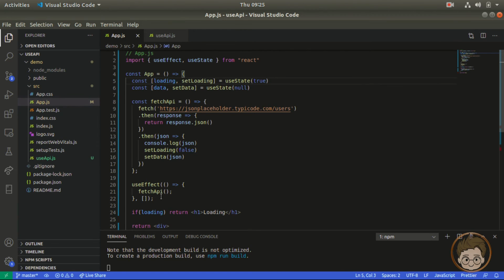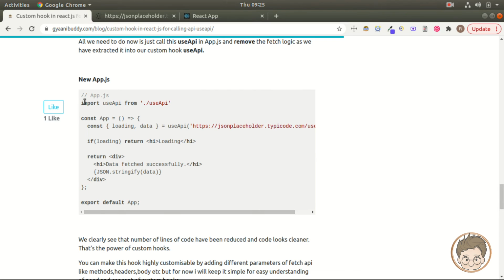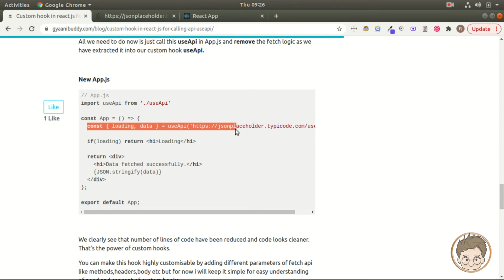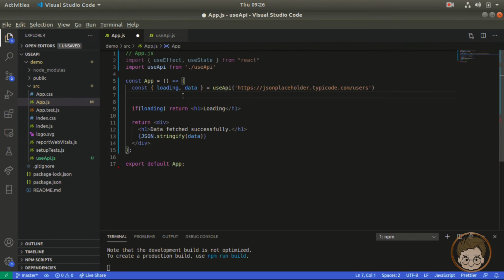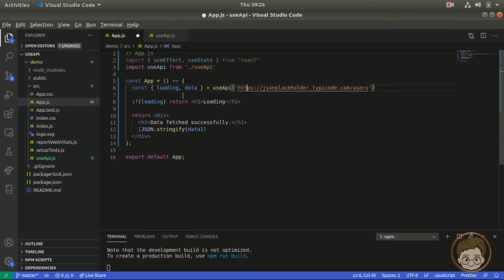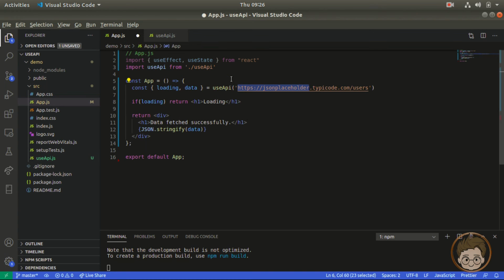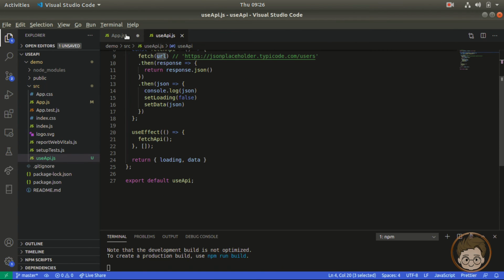What we will do is remove all this, right? Then you may wonder where this loading and data will come from. So now we will import it. This is the import. We'll just quickly copy it to save time. This is the import, and this is the API, right? This is the custom hook, and now we will call it over here. This is the custom hook import, and this is the way we use it. Why are we passing the URL over here? Just because we have passed the URL over there also, we have made it dynamic. All right. And what it returns are variables, not JSX. So that's what we have done here.